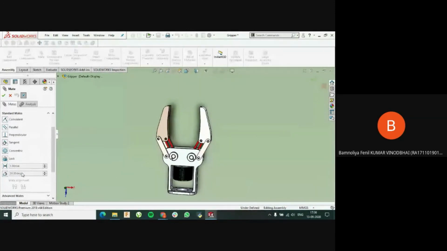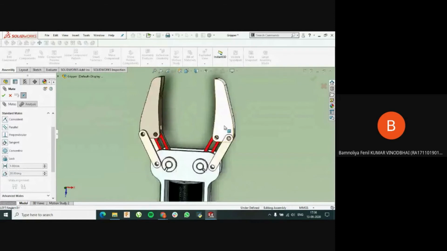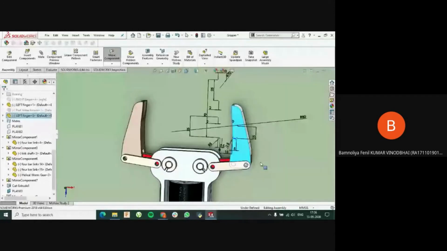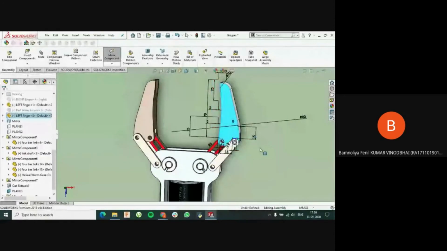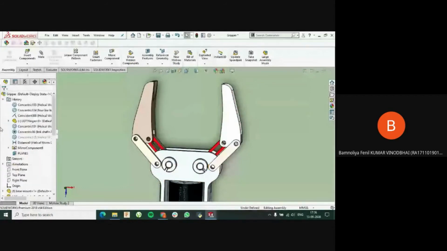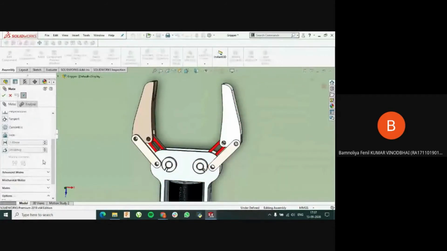You can set them with this linear limit. And there is also an angular limit. I can see this part is rotating about this pivot point, so I can constrain it with that angular limit.